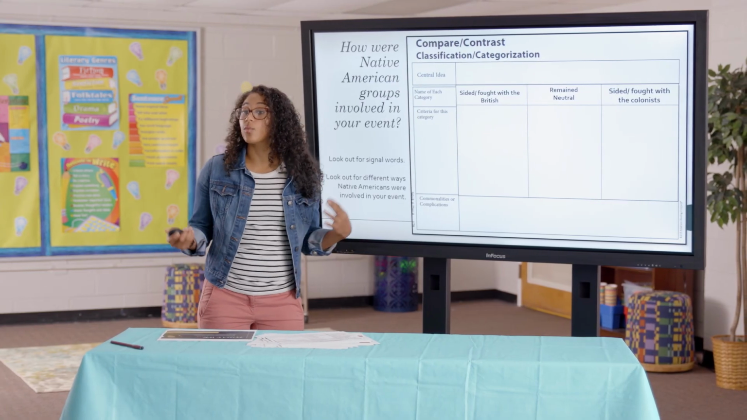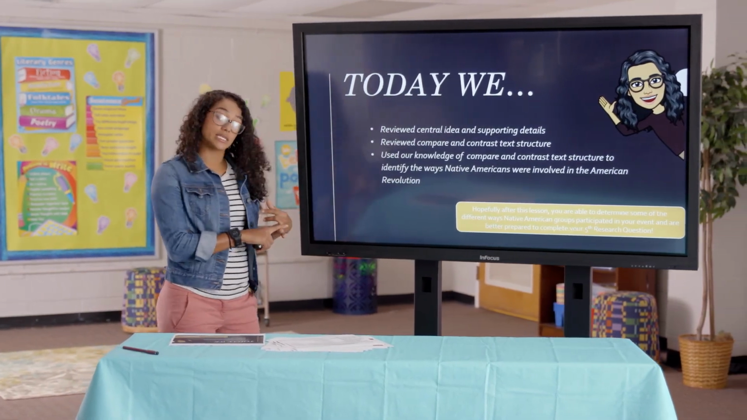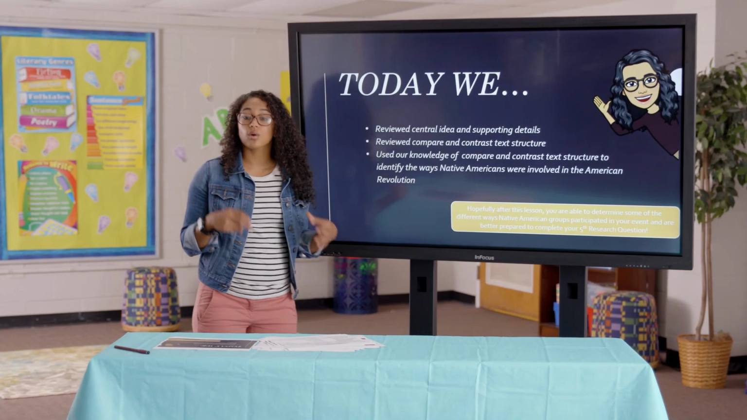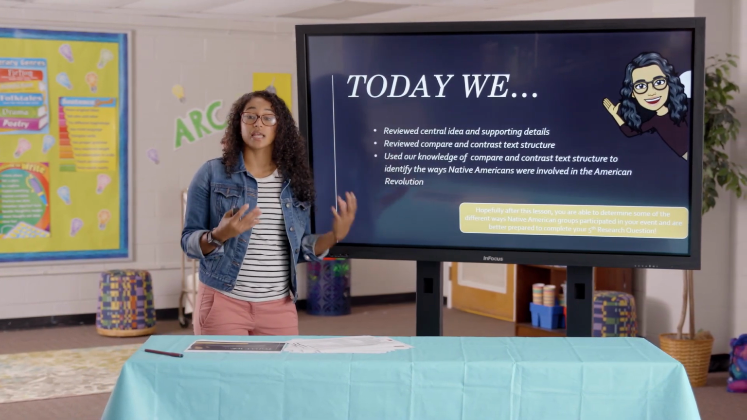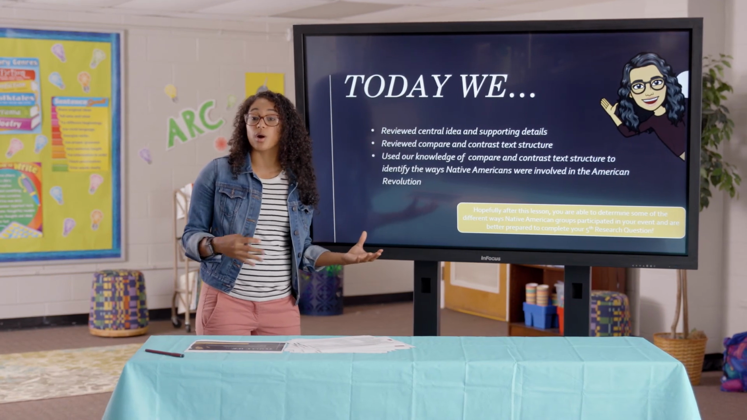Now let's review what we did today. We reviewed central idea and supporting details. We reviewed compare and contrast text structure, and we used our knowledge of compare and contrast text structure to identify the ways that Native Americans were involved in the American Revolution event. So hopefully after this lesson, you're able to determine some of the different ways that Native Americans were involved in your event, and this will really help you when we go to do our research question